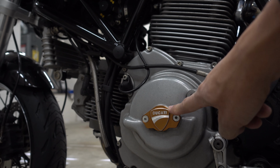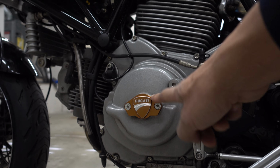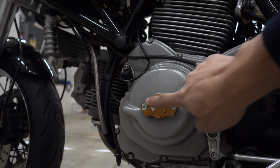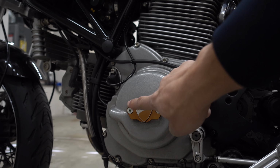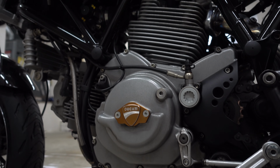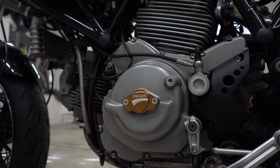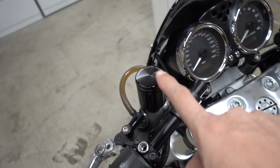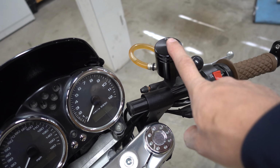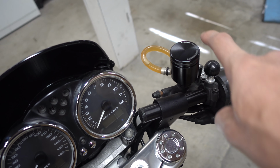I got that on eBay. I think it was like $10, and it shipped from Hong Kong. It was originally black, but the anodization faded on it, and it looks sort of brassy gold, which actually looks kind of cool, kind of out of place, but I kind of dig it. The Rizoma reservoirs, I think these look way better than the stock offerings, which are these little plastic